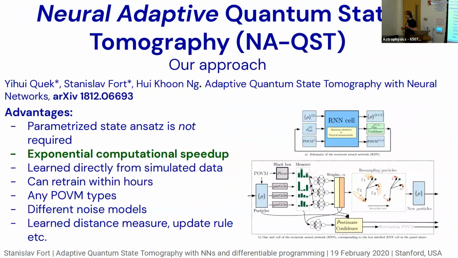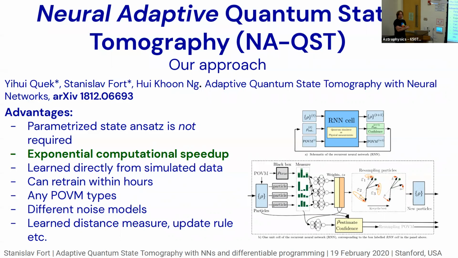Okay, so let me start with the third section, which is actually the content of our algorithm. All right, so we call it neural adaptive quantum state tomography, not very imaginative, but it's neural because it's based on neural networks. It's adaptive because it's using adaptivity, and quantum state tomography because it's a task. And you can see the details of it in this arXiv paper right here. And it's a joint equal contribution with Ewa. You see it right there.